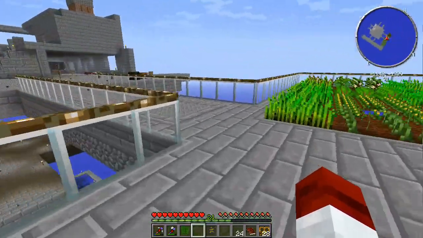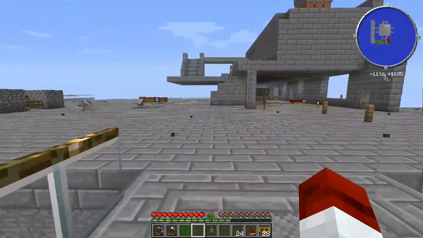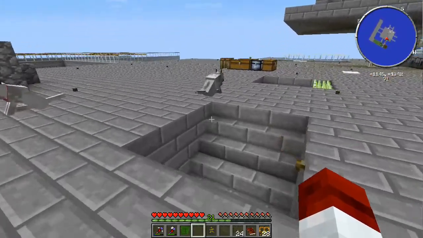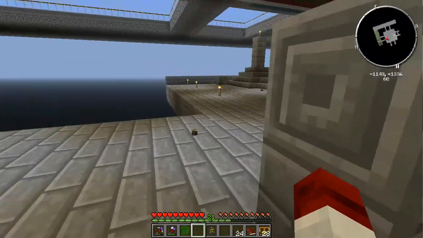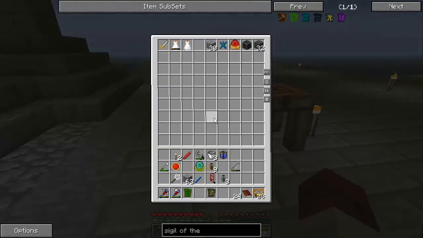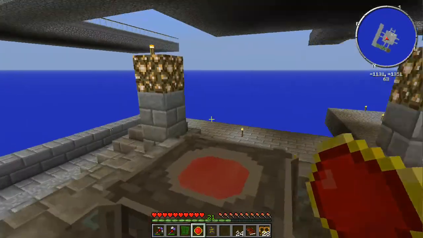Well, normally I would just come down here to my blood altar and sacrifice some blood, because that's a way to get LP back into your network. Unfortunately, it's just really kind of crap. Now I've got one rune of sacrifice in there. Let's see, yep, I got my sacrificial orb on me, and if I go over here and I just go and